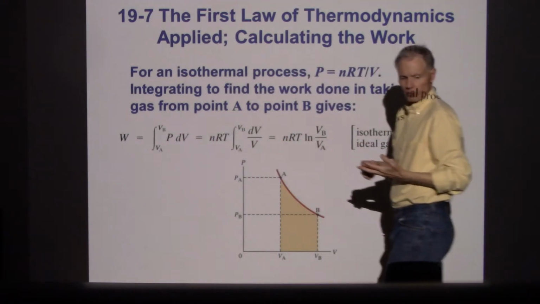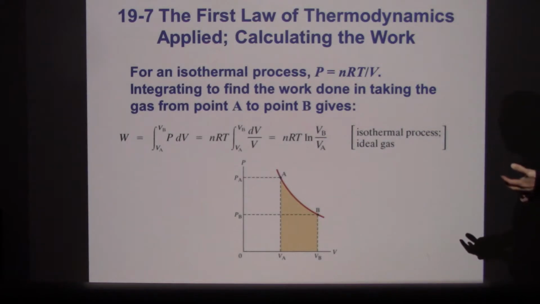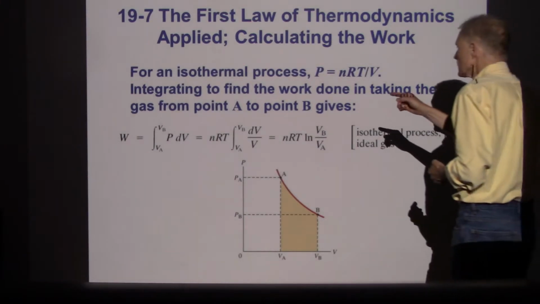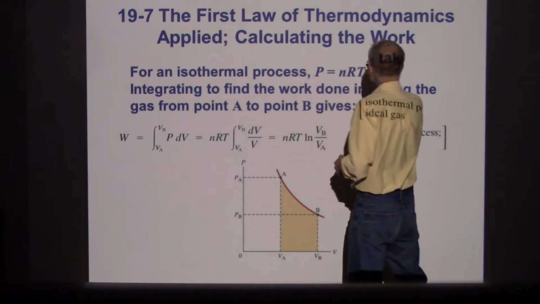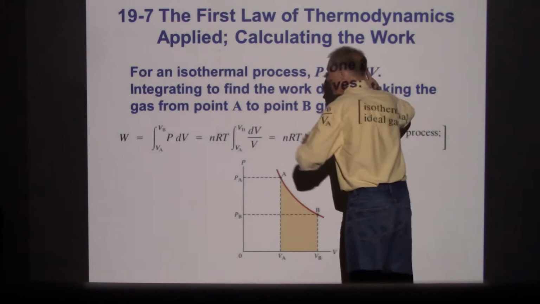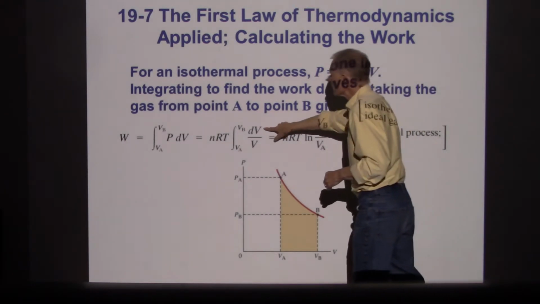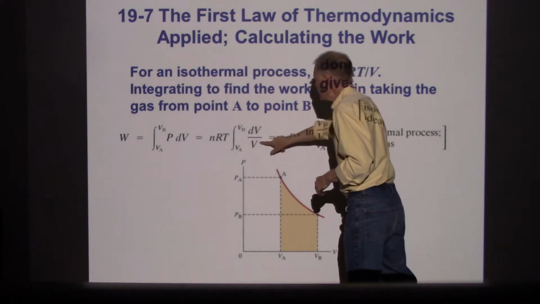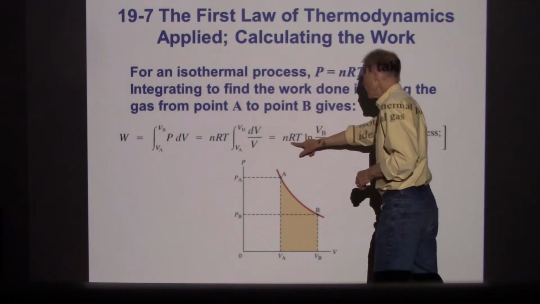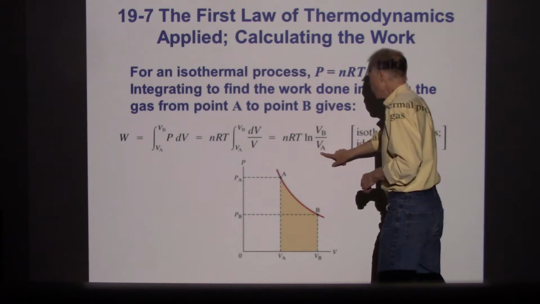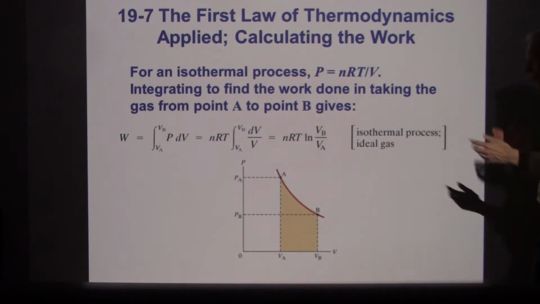Now n is a constant. You know, the sample size remains fixed during these processes. R is a constant. That's just the gas constant that applies to all phases. And then T, because it's isothermal, T is also a constant. So that comes out of the integral. The only thing that gets stuck inside the integral is V. Well, that's not a problem because that's our variable of integration. So dV over V integrated gives us nRT ln of V_B over V_A. And there you go. That's a formula derived that will tell us the amount of work done in going from